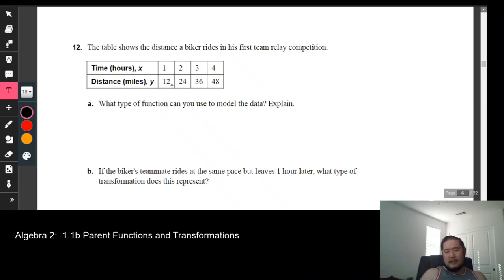The second thing is, well, what about for y? Are those intervals consistent? Well, from 12 to 24, that's +12. Add another 12 to 24, that's 36, and add another 12 to 36, and that gets us 48. So this right here has been consistent as well. So what does that tell us? If you were to think about, well, what would the graph look like, right? So if you were to draw a simple graph,